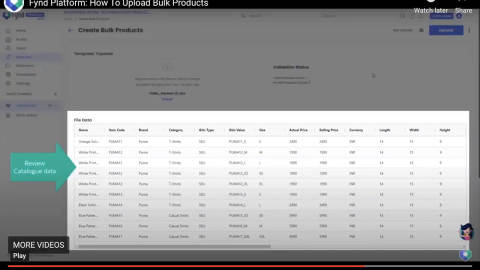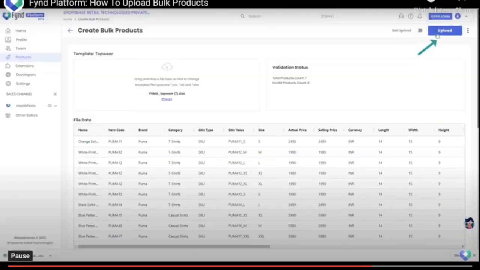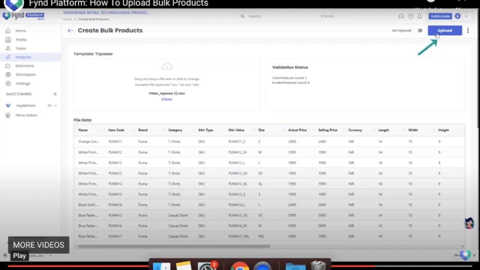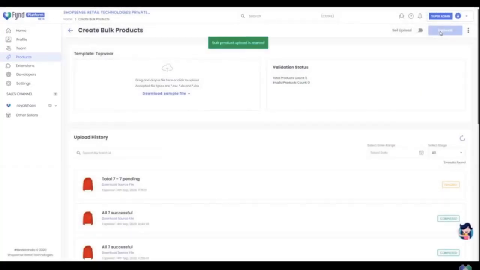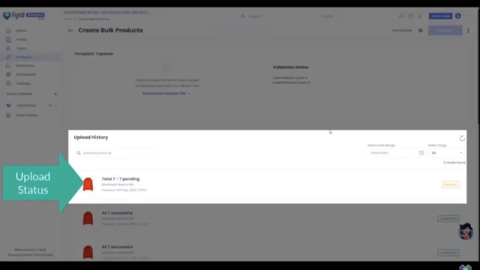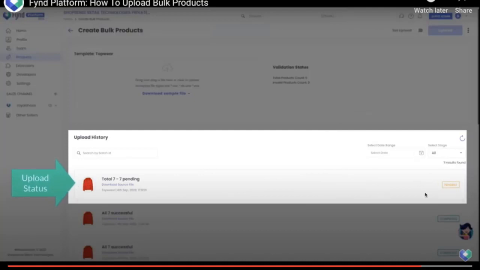So moving on, you will upload your file here. You will see a preview of the file that you have created. Also, when there is an error, the error will be shown here. You can download the error file if there are more than 2 or 5 errors. Otherwise, you will see a small preview here itself. You can review your data and press upload.